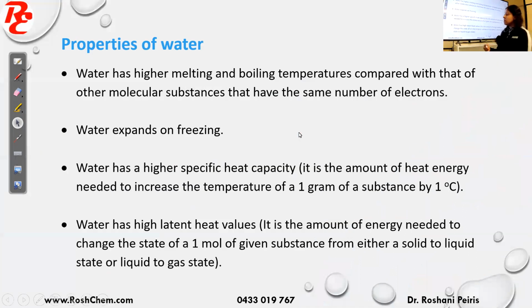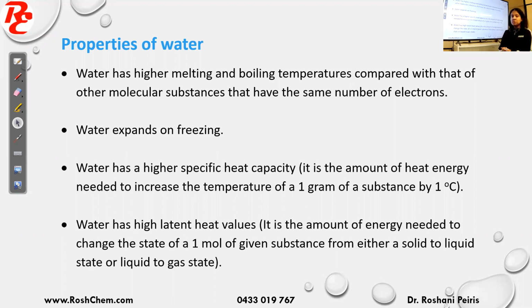Okay, so we'll see some important properties of water. The first one: water has a higher melting and boiling temperature compared with other substances with a similar number of electrons. The main reason for this is that water has very strong hydrogen bonds when you compare it with other substances with a similar number of electrons. If you take a sample of water, each water molecule is surrounded by four other water